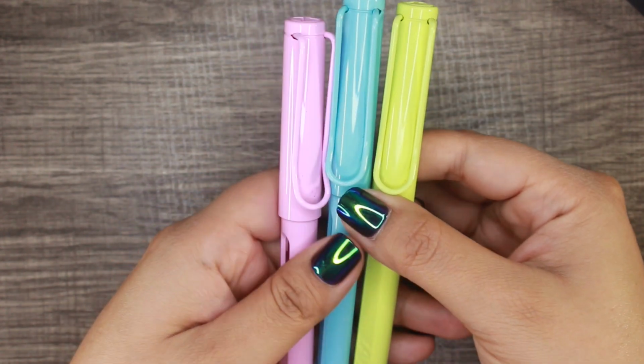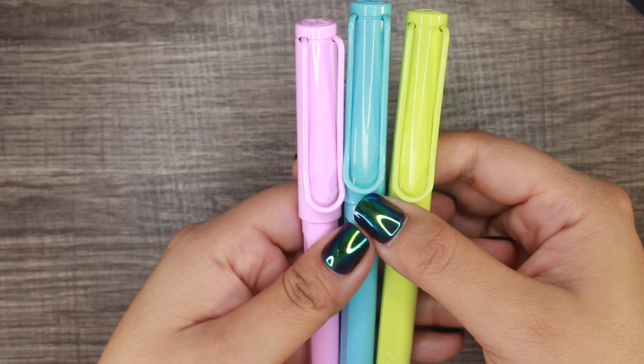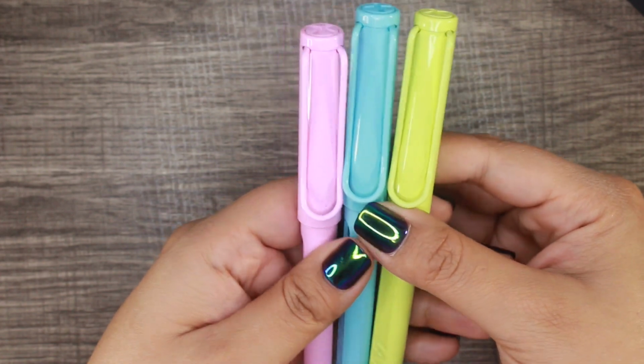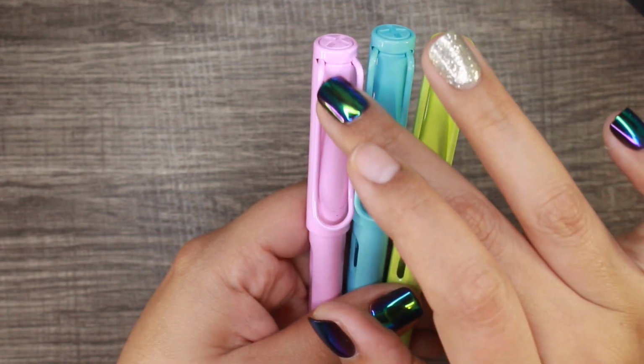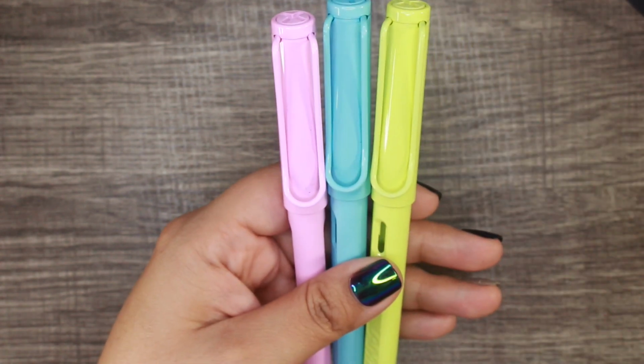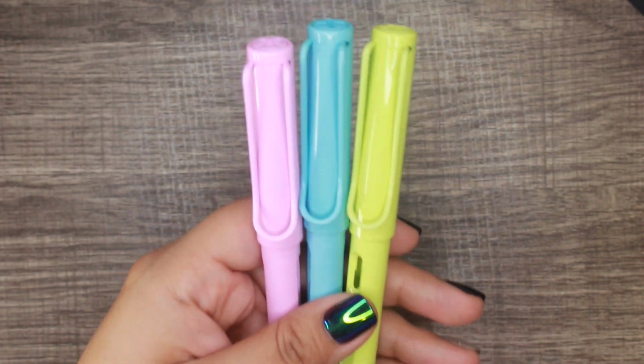They're so cute. I know, probably for copyright reasons, they couldn't name them like Blossom, Bubbles, and Buttercup, but that's the vibe I got when I saw them. And I've been pretty good about staying away from the Lamy releases, but this one was like, girl, you gotta have them. You gotta have them. So we're gonna go ahead and set those aside now, and we're gonna move on to the next item that